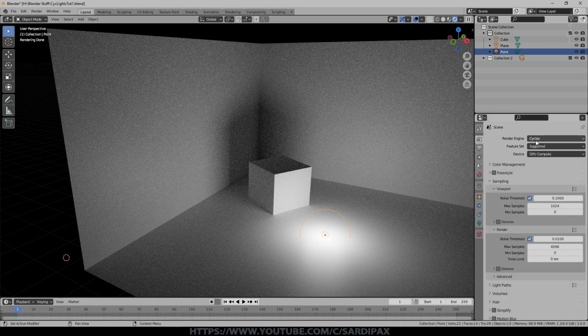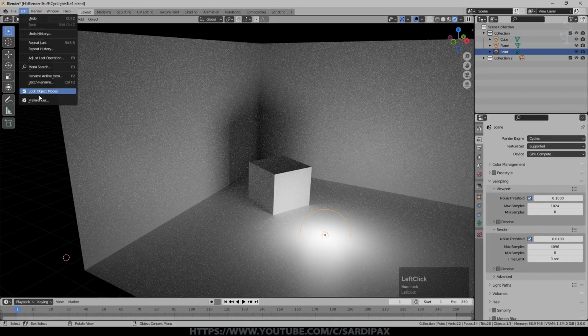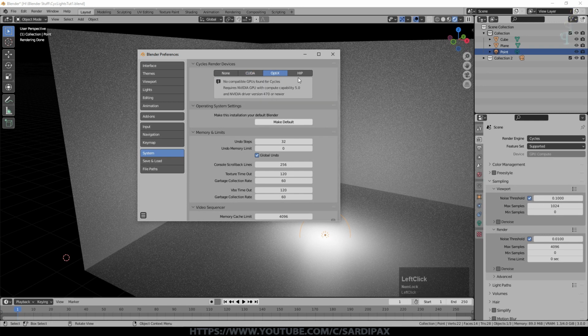So while we're at this point, I may as well talk about some of the additional settings for light within Cycles. So we're in the scene settings. If you can, make sure you're using GPU compute just because it will be quicker, but if your GPU doesn't support that, which is CUDA, so just quickly under preferences, under system, make sure you've got your graphics card enabled. You can also use the CPU simultaneously, and in theory allows those two things to work in tandem and gives you another speed boost. I haven't tested it out on Blender 3. In earlier versions of Blender I found that actually slowed things down, so I generally just work with the GPU where I can. There are other options as well if you've got compatible graphics cards for those.